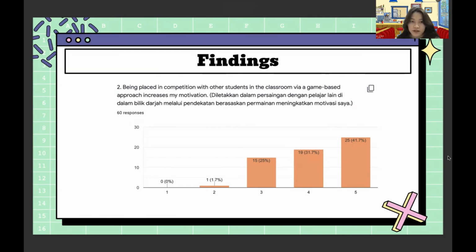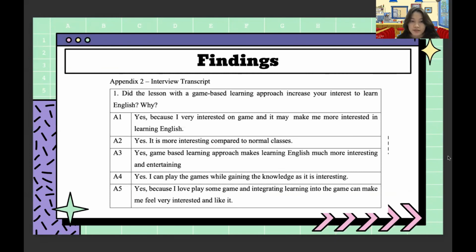Next, through the questionnaire, it can be seen from the data that the students have positive feedback of using the game-based learning, as it is a great approach to enhance their engagement. Lastly, interview done with the students show most common feedback is that game-based learning approach increased their interest to learn English, and it is also effective as the students pay more attention and they are eager to participate in the class activity. And this research has indicated that by integrating game-based learning into the lesson can improve students' participation in ESL classroom.